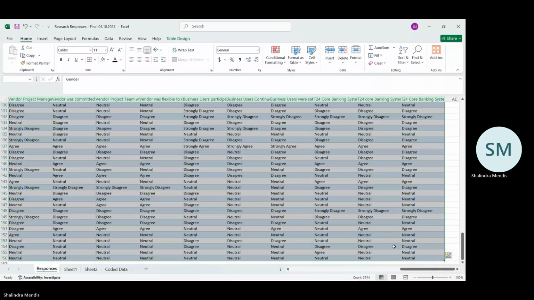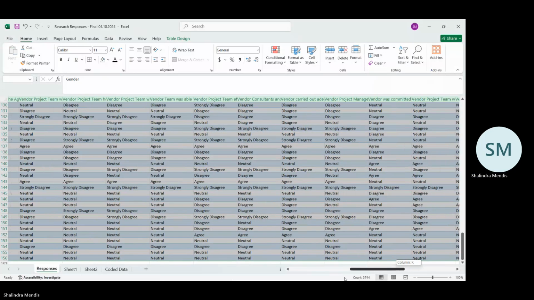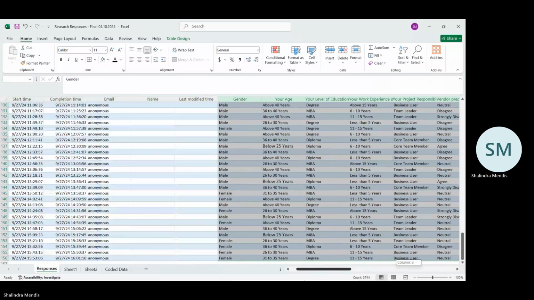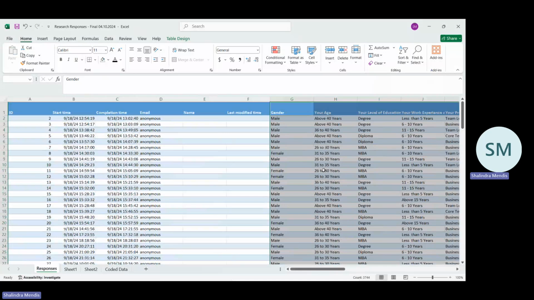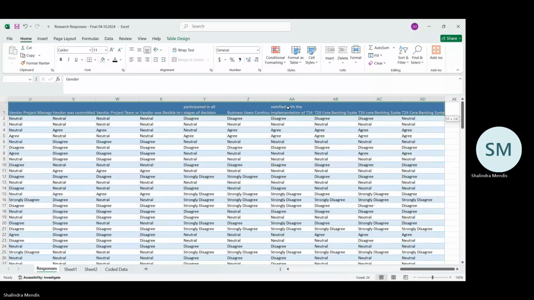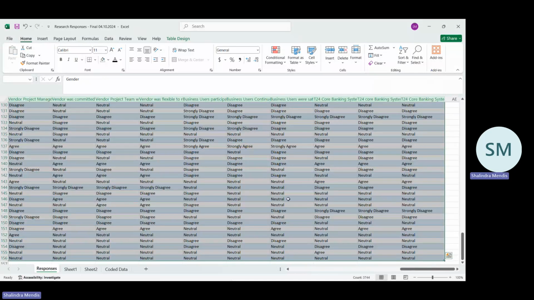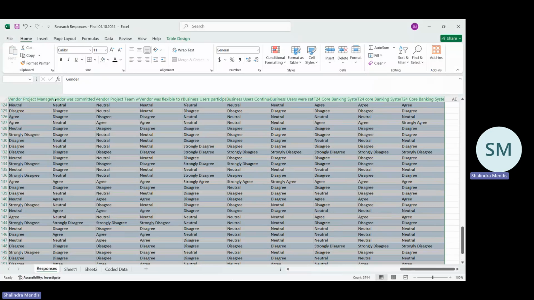Again, go to this cell, the first demographic. You start from the demographics, omit the other data. You press Control Shift right and down, and the whole area will be selected like this. And then you go to copy,